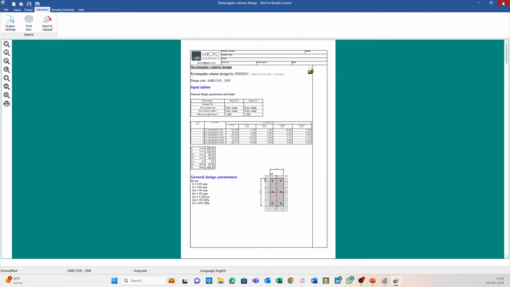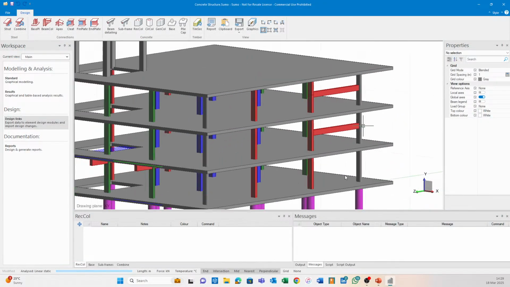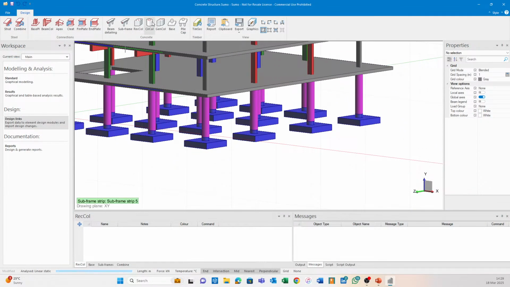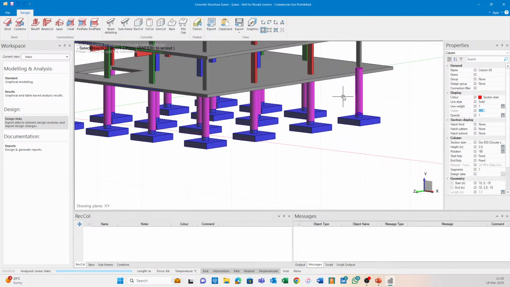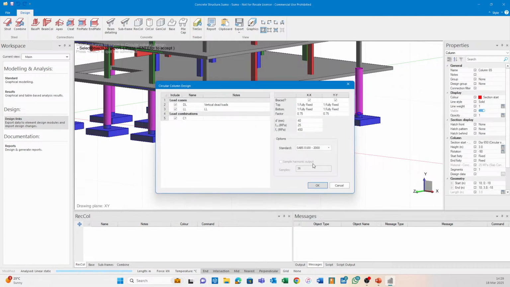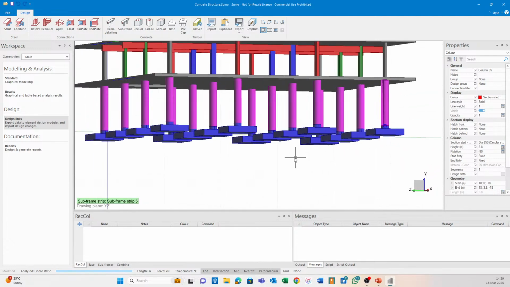All right, so that's rectangular column, and it'll be exactly the same for circular. So if I select circular and I select one of these columns, of course, the more columns you select, the more of the analysis data will be captured within the loads table. All right, so if I select all of these, actually,